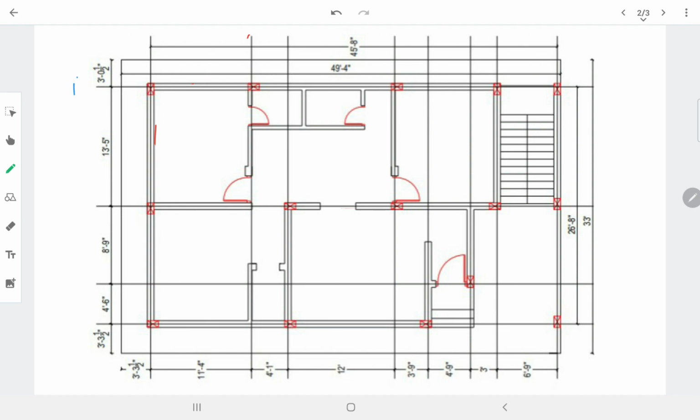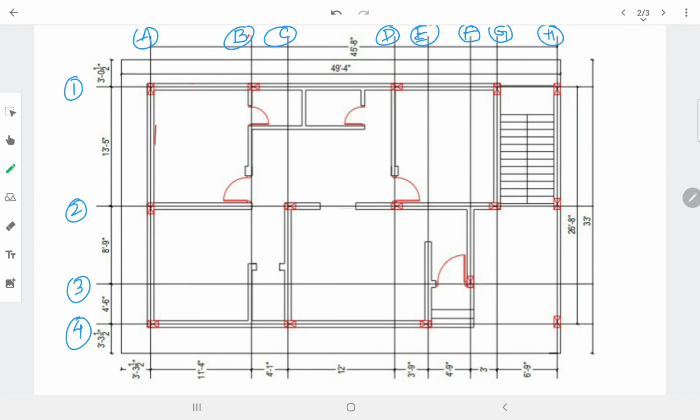I'll take these as 1, 2, 3, 4, and these as A, B, C, D, E, F, G, and H. Like that we have divided.